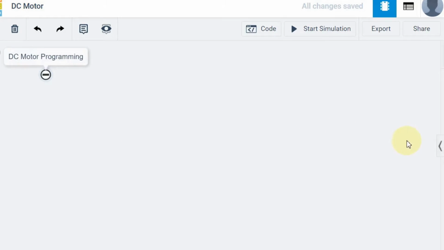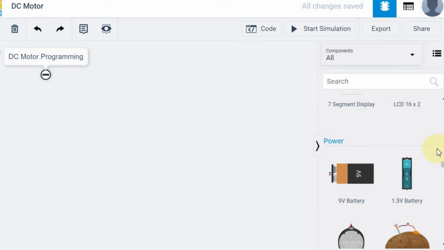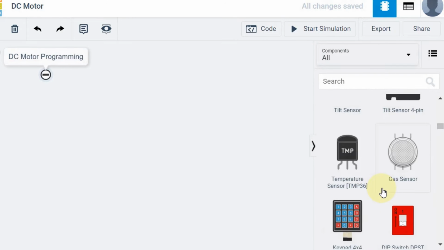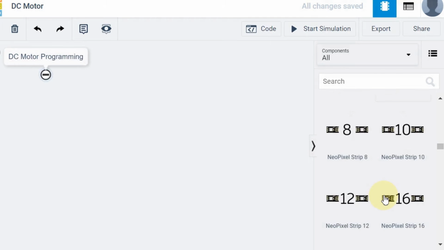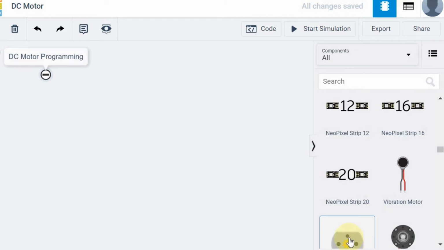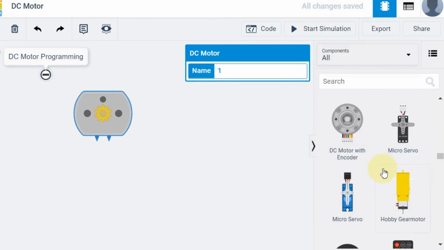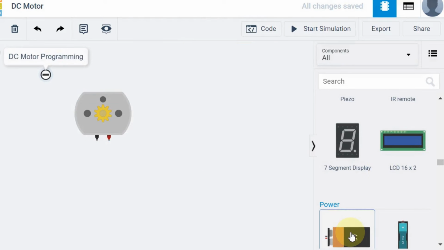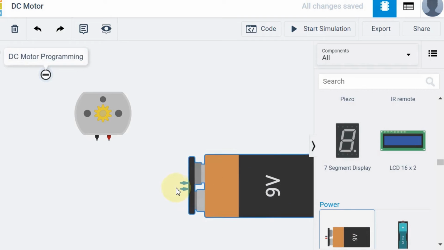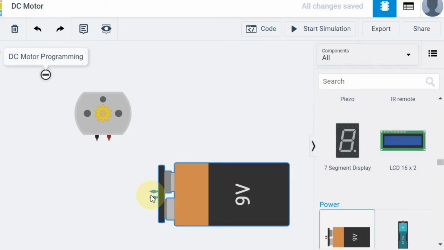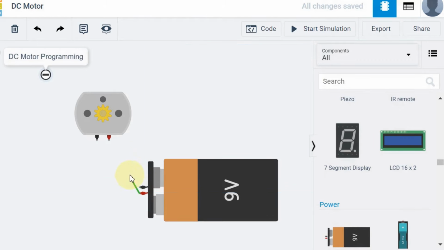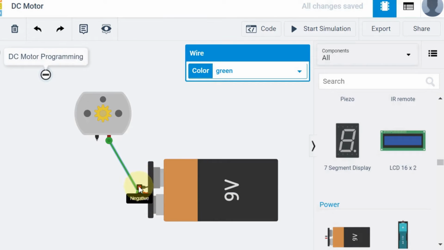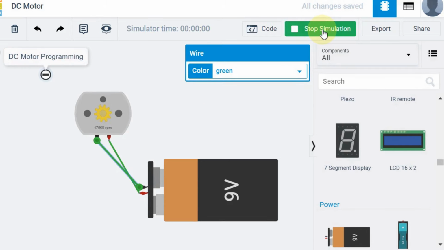First I will take a DC motor from the list. I am searching for a DC motor in that list. Yeah, I got the DC motor. I have taken the DC motor and I am going to take a power supply for this, as a 9 volt battery is available in this simulation. So I am taking a 9 volt battery and first connecting its positive terminal to the positive terminal of the DC motor, and negative to negative. I am just starting the simulation. Yeah, it is running in the positive direction